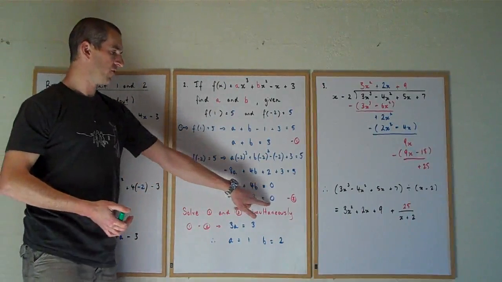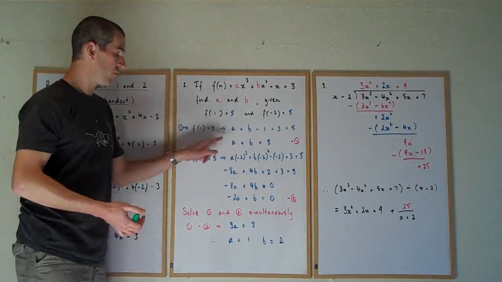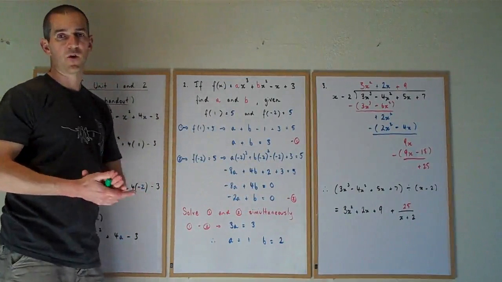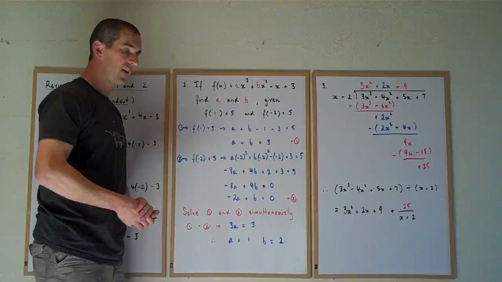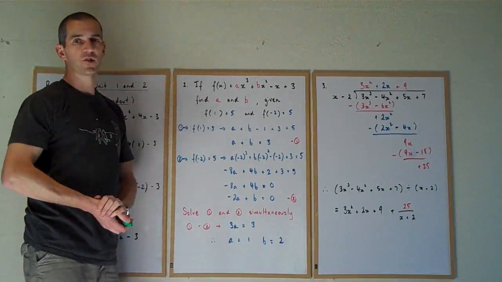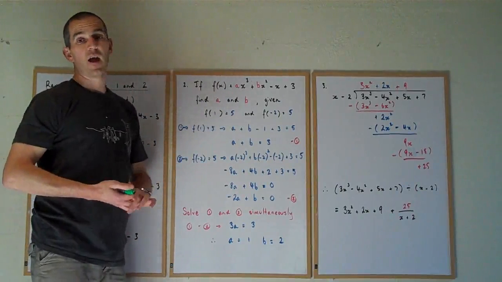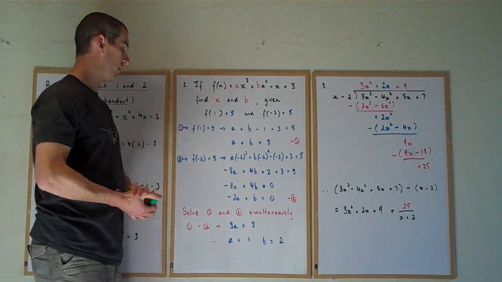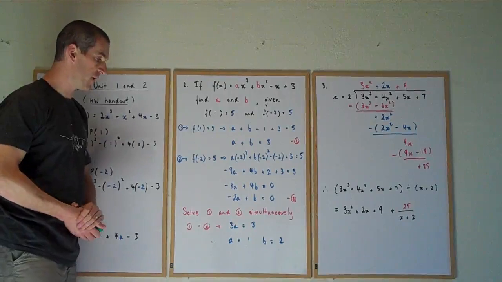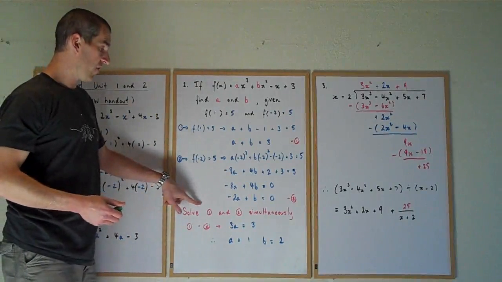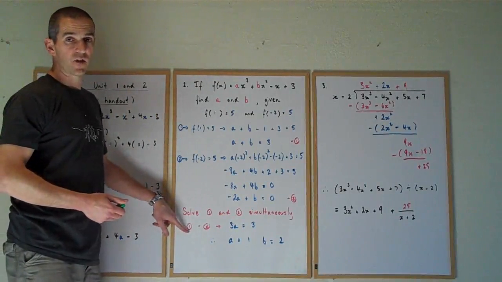Minus 2a plus b equals 0, that's our second equation. 2 equations, 2 unknowns, they need to be solved simultaneously. Back in Year 10, you first met simultaneous equations, solving by substitution, elimination, graphically, and then the CAS calculator came along as well. The simplest method for me for this particular one is to solve using elimination, so a subtraction